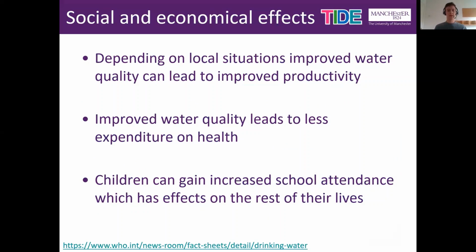Water quality also has an impact on social and economic situations of people. Depending on local situations, many people have to travel substantial distances to collect suitable drinking water. If nearby water is improved, this can lead to people spending less time and energy collecting water, meaning that they have more time and energy to be productive in alternative ways. Equally, the impacts on human health, as discussed, if they are avoided, then this would reduce expenditure on health as a result of reduced medical costs and allow people to remain economically productive.